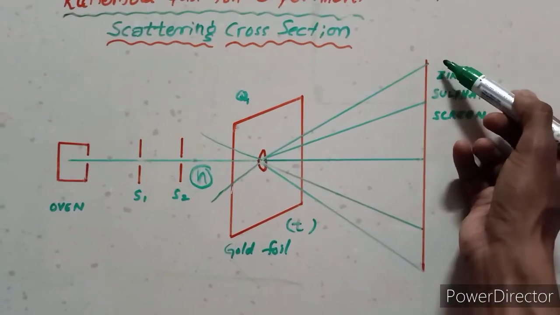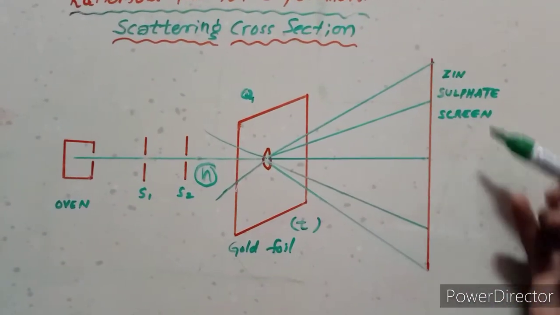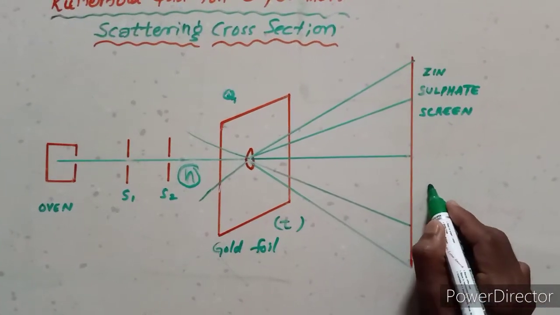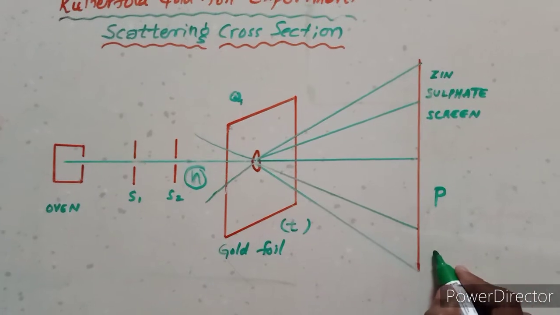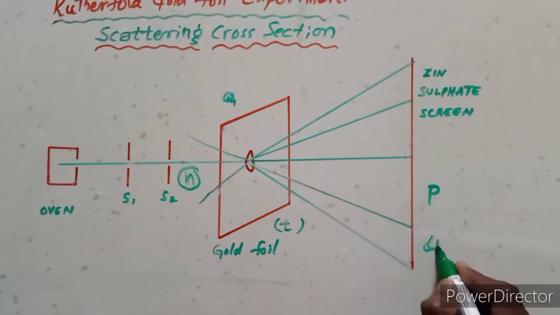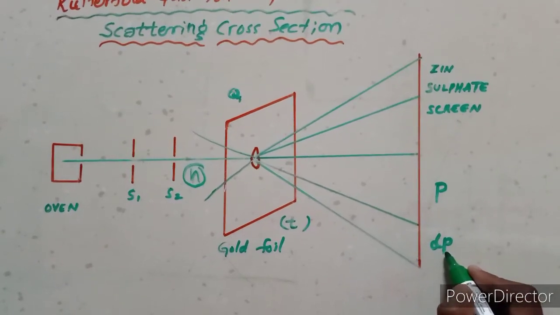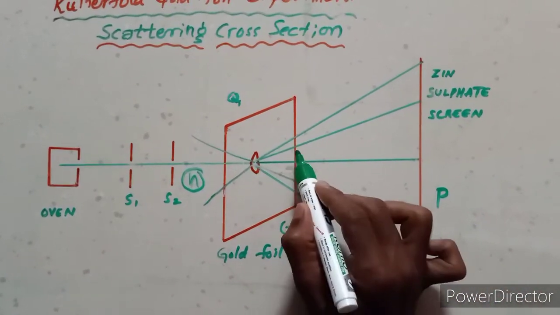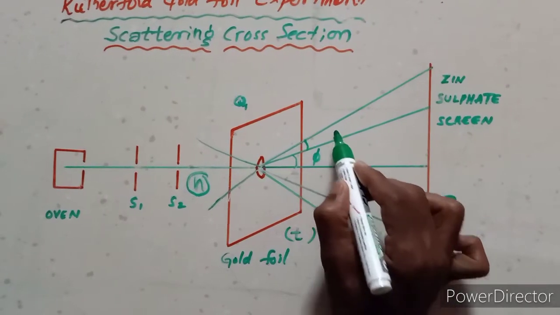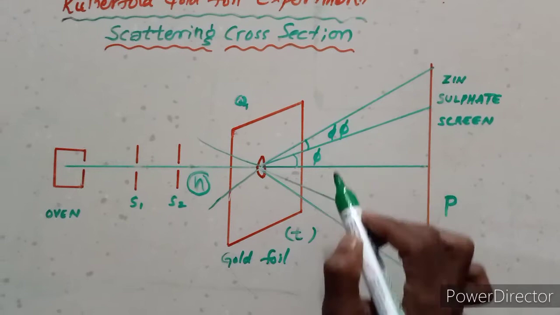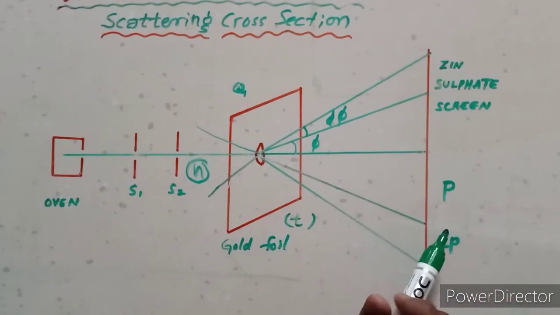This is the three-dimensional view. This is the circle. So this is the impact parameter. This is the elementary impact parameter, or small change in impact parameter. This is the inclination phi. This is the small change in inclination, d phi. In this experiment, there are two cases. The first one is the